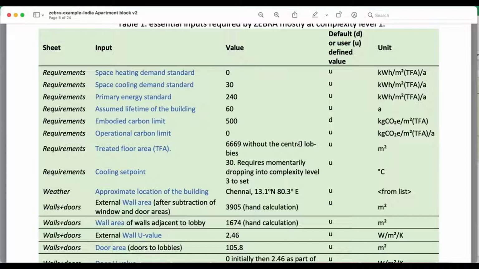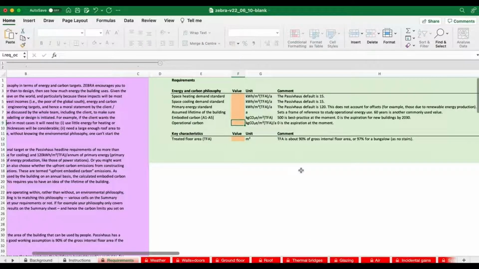Okay, but either way, make sure you read those pink areas of text so you have a full understanding of what the numbers actually are, and you're not assuming something incorrect about occupancy levels and things like that. So returning to Zebra, we see the first thing we've got to declare is the space heating standard. Now, you might want to use a very low energy standard like 15 kilowatt hours per meter squared of treated floor area per annum,